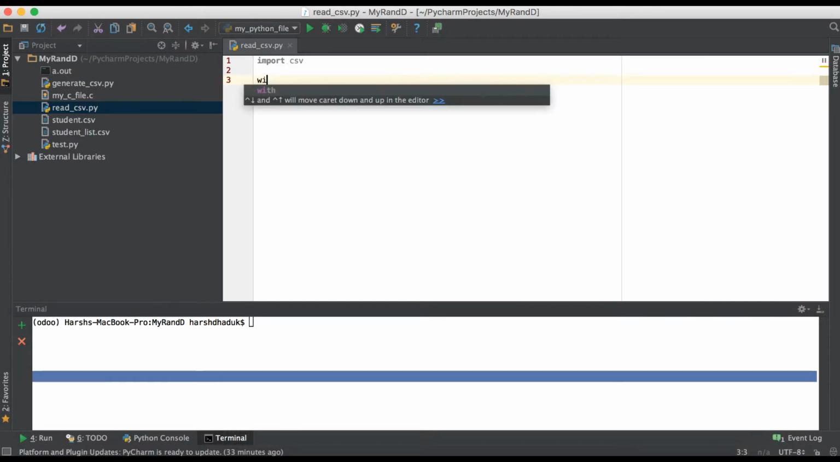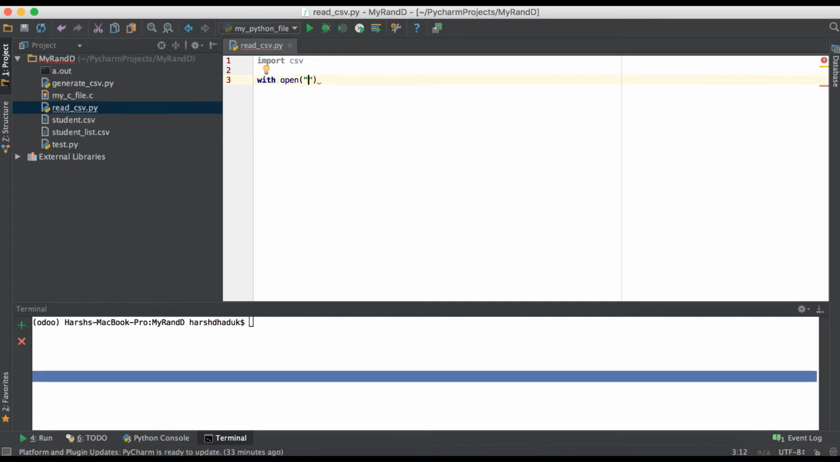Going again to the editor, simply what we have to do is open the file, like with open, and first of all we have to use the file name student_list.csv. After that we have to use one mode, like write mode, read mode and append mode, but here we are just reading, so we don't need to add any extra one, only using r as read, and create an instance like stud, then after colon,